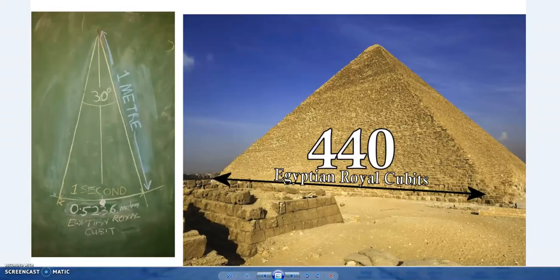Hello, I'll try and make this one rather quick. I'll be looking at the Great Pyramid, which this also applies to the other pyramids, the largest intact ones, and the use of the Egyptian Royal Cubit. Now, I've covered it in many other videos, but how the cubit, the Egyptian Royal Cubit, the meter, and the second